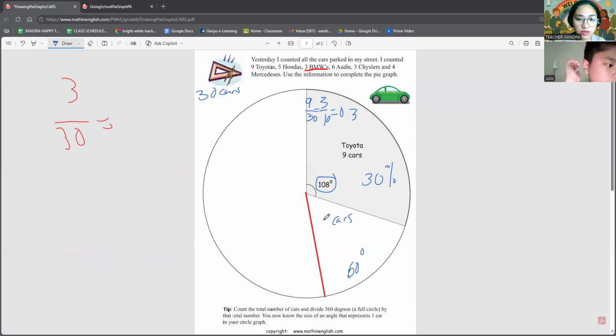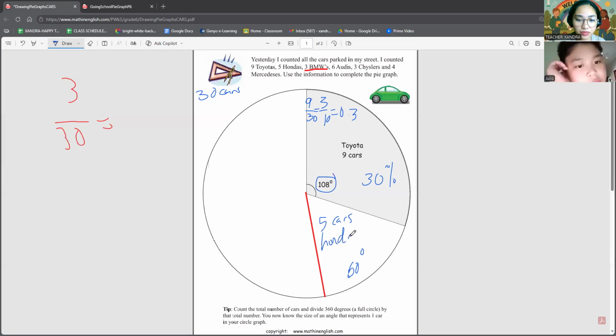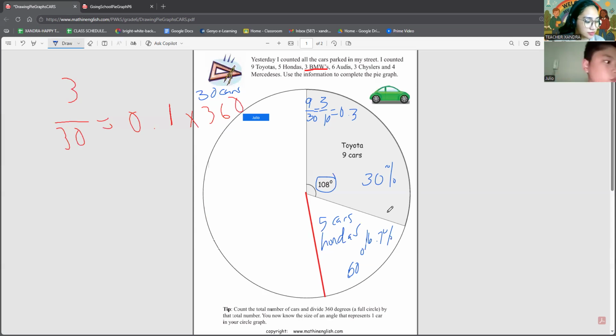So this is 5 cars, plus this, and this is 16.7%. Then, okay, so it's 36%. So...